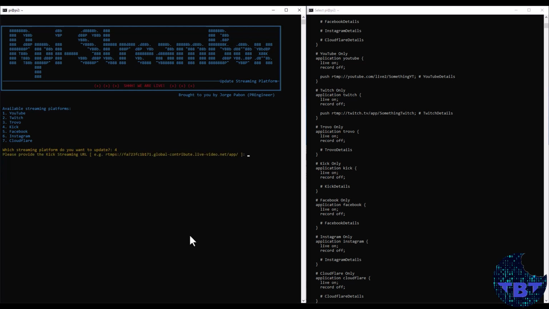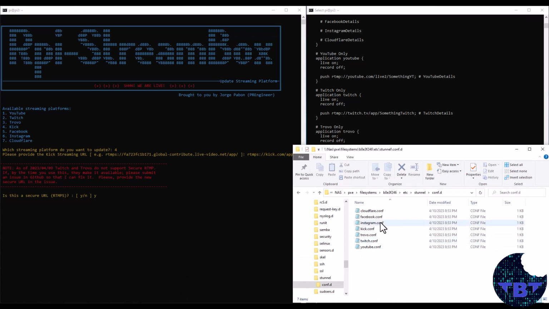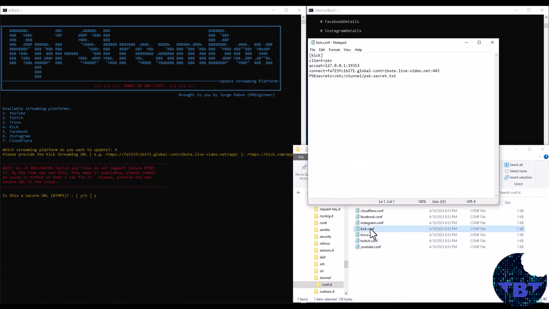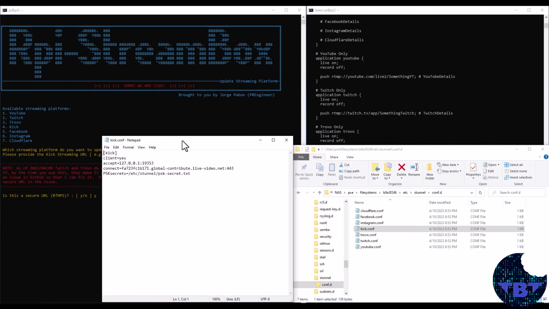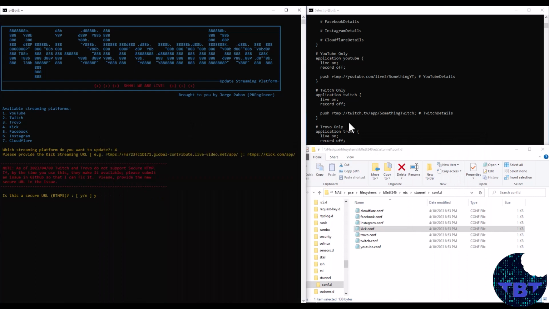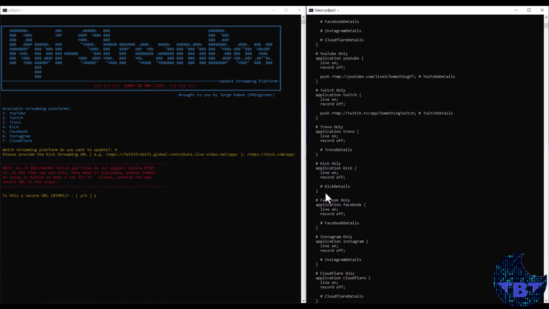So number 4, and then we do RTMPS because this is secure, and then kick.com, let's say app slash, and then this is a secure RTMPS, so we say yes, and this is important, right? In here, Kick currently has this. It's going to be updated with information that we provide. Let me just skip it here so that we can see it later and see the changes that happen to that. And here, Kick doesn't have anything so far, right? So yes, it is secure. Now we put the key,